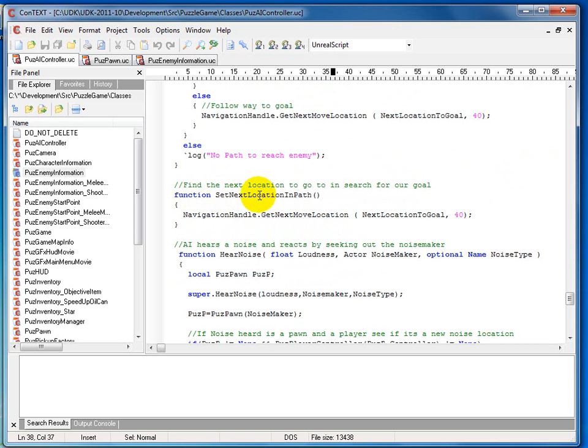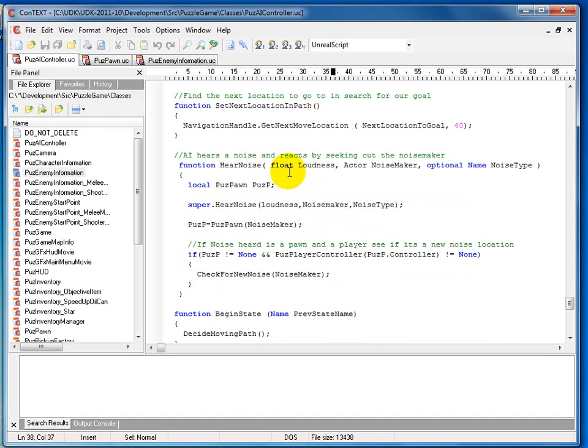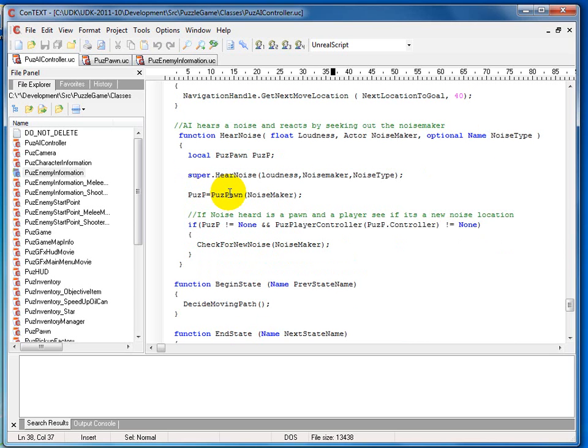Then of course we also use the set next location and path function like always. And then we have the function hear noise again. The reason for this is that if the AI is pursuing the player and trying to find where he was last, and the player moves, if he hears that player, we want to make sure that he changes his choice. We don't want him to just keep walking and not worry about the player. And that's the purpose of this: to make sure that the hear noise gets activated and that the AI actually changes his choice